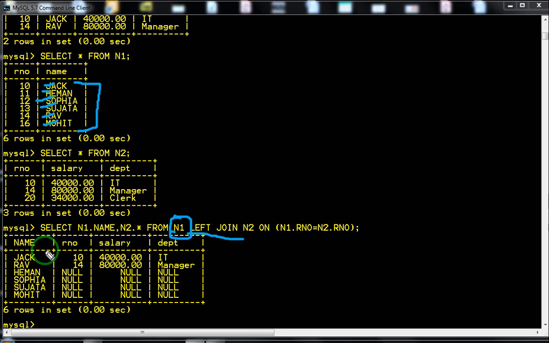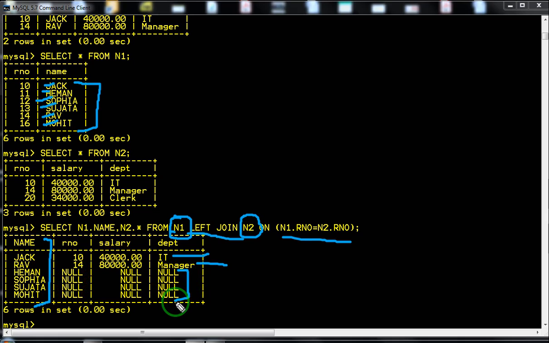So all the records from the first table will be displayed in left join, and from the second table, only those records which are satisfying the condition will be displayed. And for the non-matching case, it will display null value.